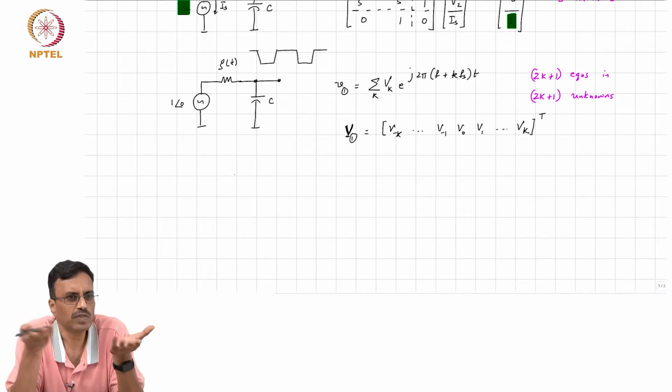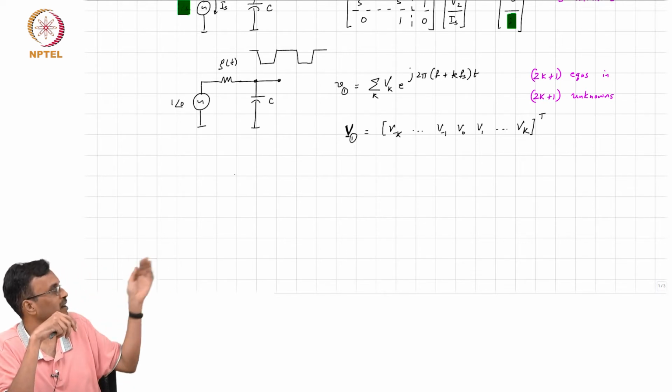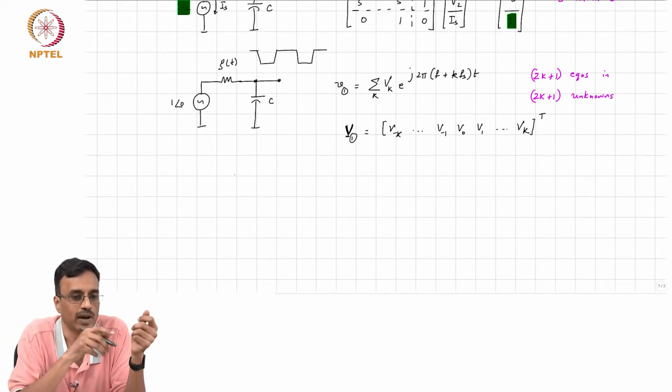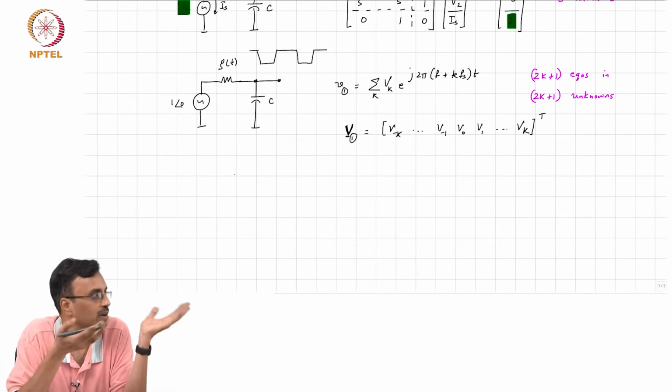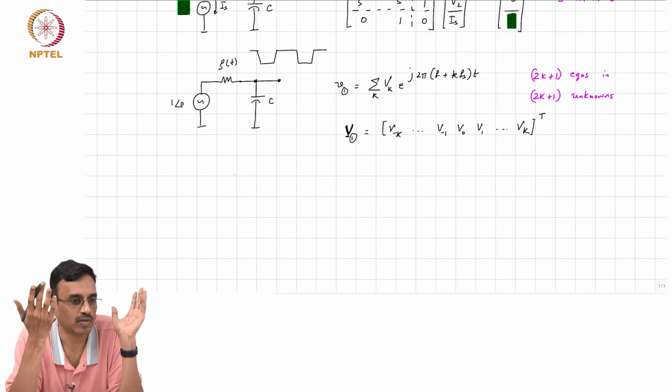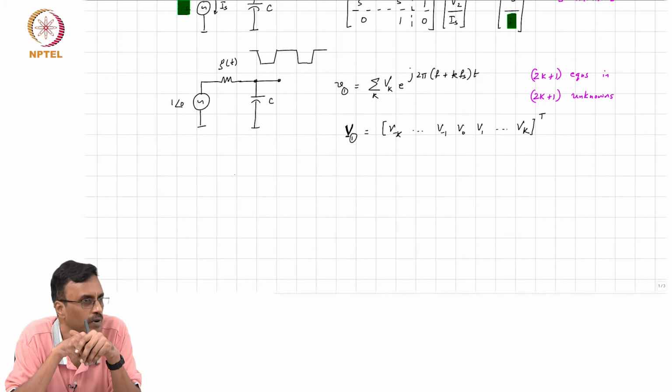The solution, of course, you punch it into MATLAB or your favorite tool and then get the answers, right? You see a complicated network, and if it's a linear network, I can actually do the math and get the answer. But you go to a computer anyway if the order is say 2 or 3 or 4. You don't start doing stuff with pen and paper. You go to a computer.